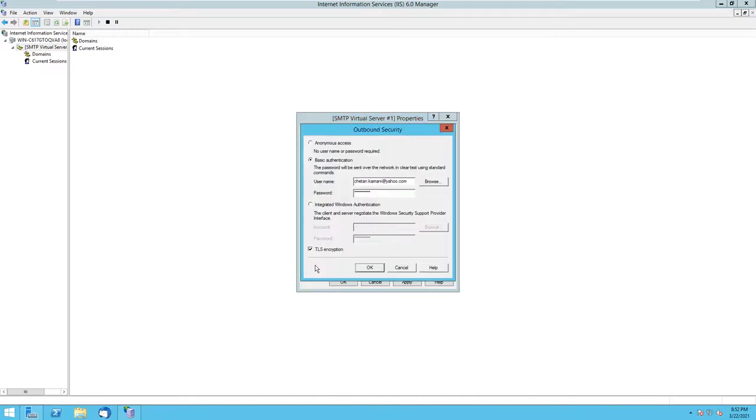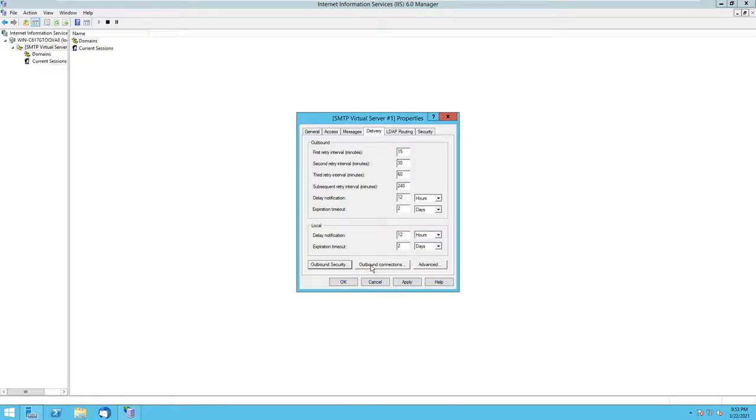In the delivery outbound security, you have to use the email ID, and do not forget to add the third party app password. If you add your routine password, it will not be able to sign in, and the mail server will not accept this request from this SMTP relay server. And TLS encryption, if your mail server requires it, then you have to set this.